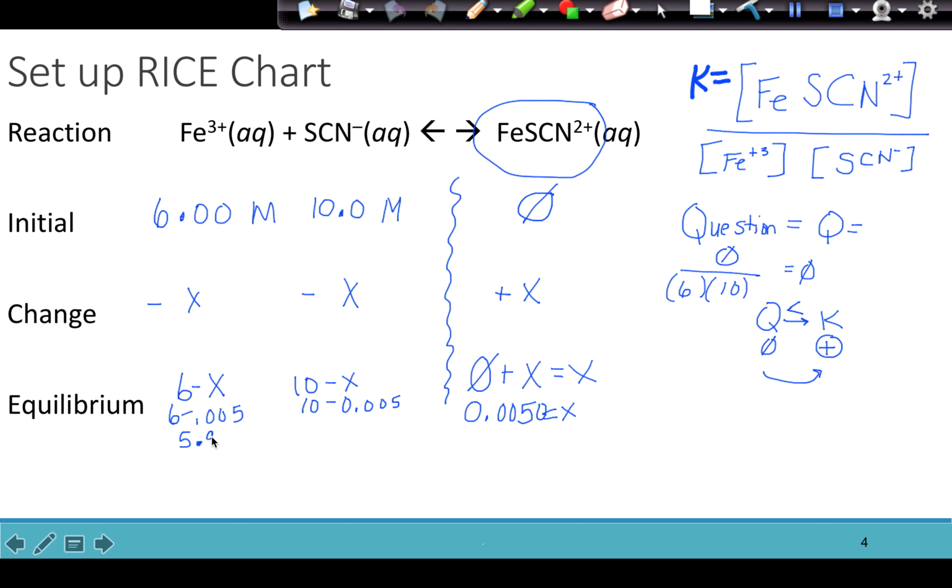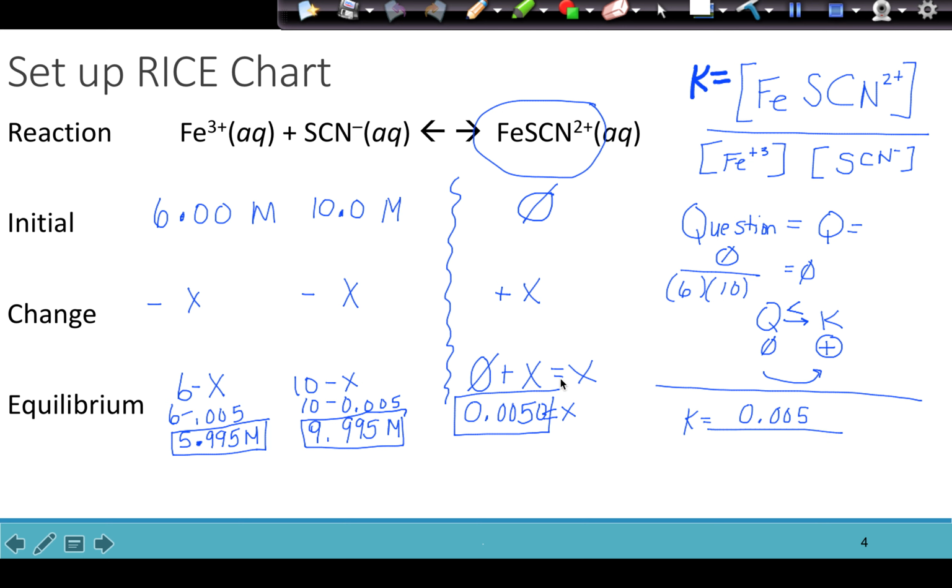So at equilibrium, my concentration of iron 3 is 5.995 molar. My concentration of thiocyanate is 9.995 molar when I do my subtraction. So the next thing, once you have these values, these are the equilibrium values. And if you have your equilibrium values of your concentrations, well, those put into the equilibrium expression will give you the value for K. So I'm going to go and plug these in and say K equals